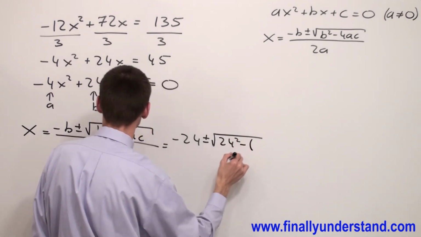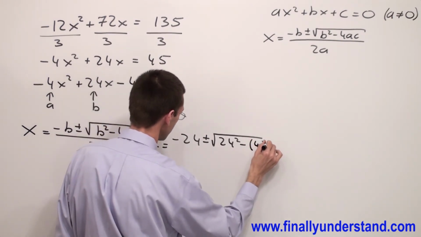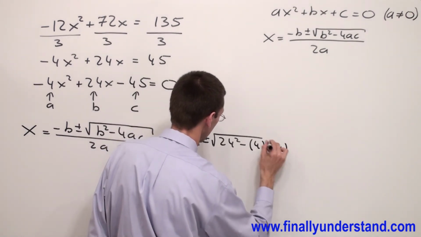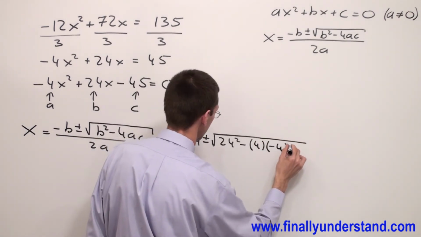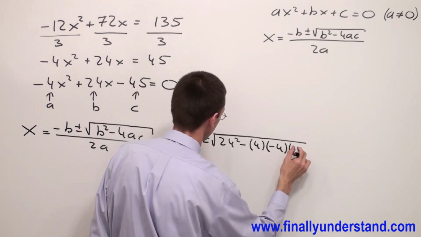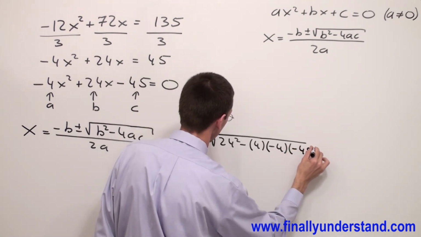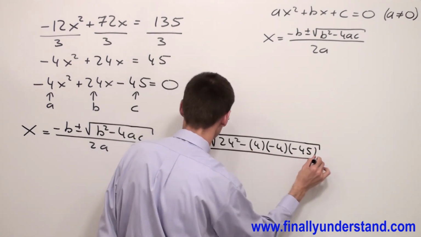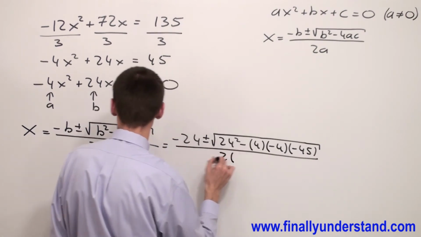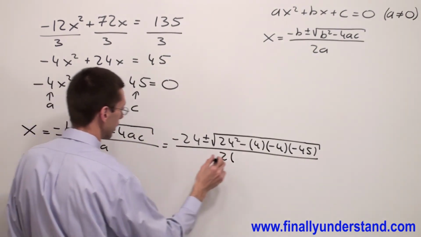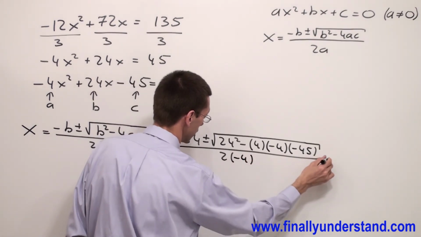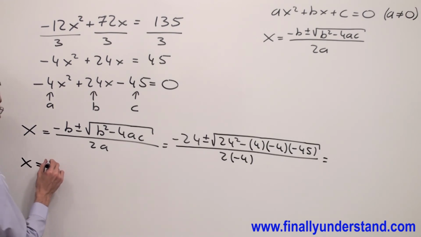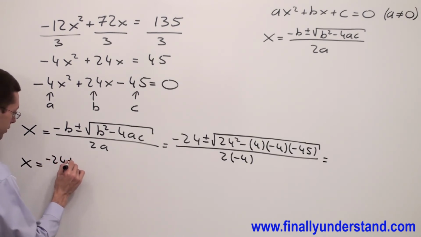minus 4 times A, which is equal to negative 4, times negative 45, because C is negative 45, over 2 times A, which is equal to negative 4. Everything is equal. X is equal to negative 24 plus or minus